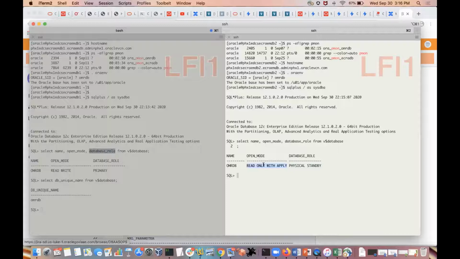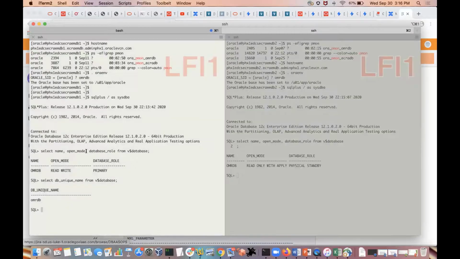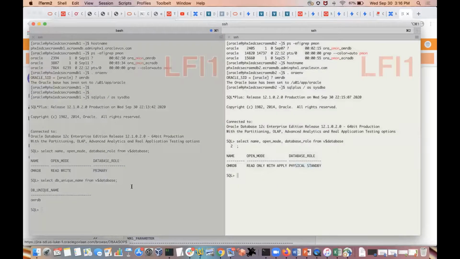So whenever I see read-only with apply, it's active Data Guard, because it is open read-only and the MRP can apply the logs. Why is it open read-only? Only active Data Guard can do that, not physical standby. So you can see here that this is the easiest way. This column is the best column to know whether I'm dealing with a primary or standby. So in an interview room, never forget this one, because I can just see that this one is primary and this is the standby. Okay. And if I select DB unique name,